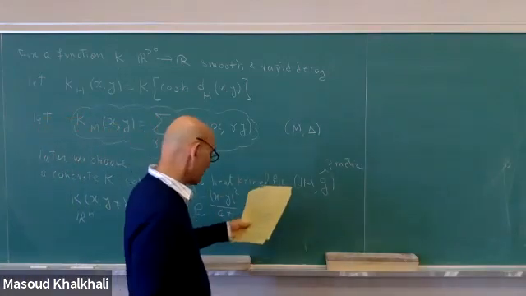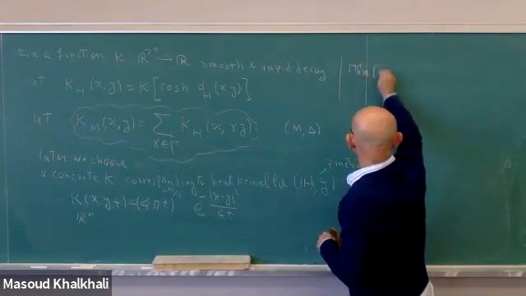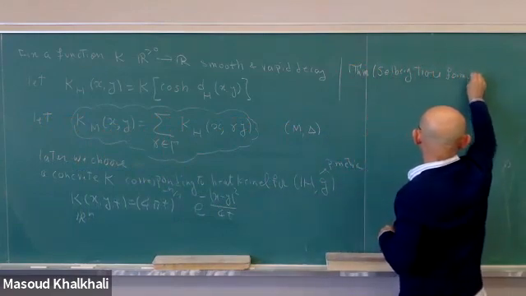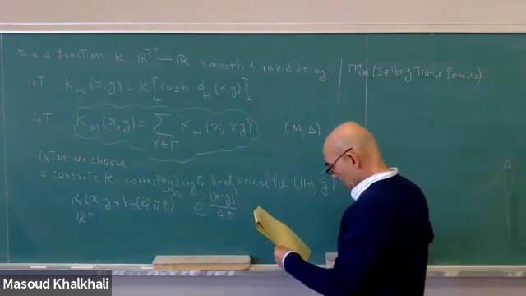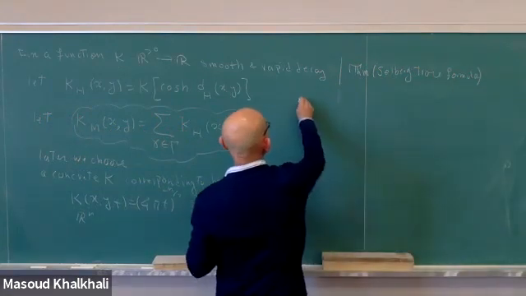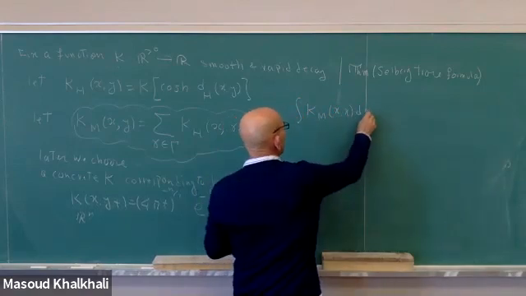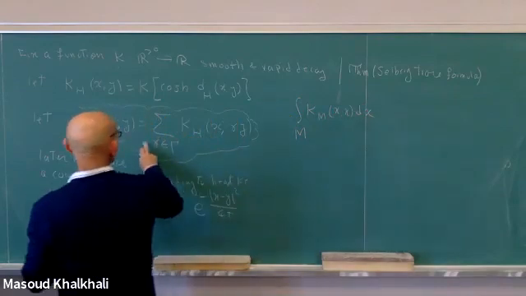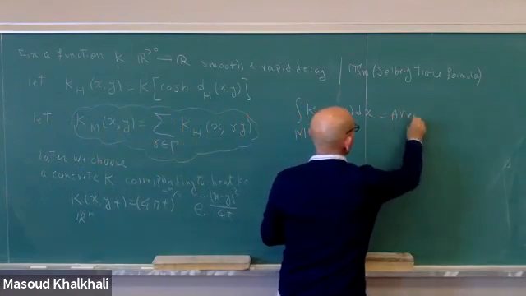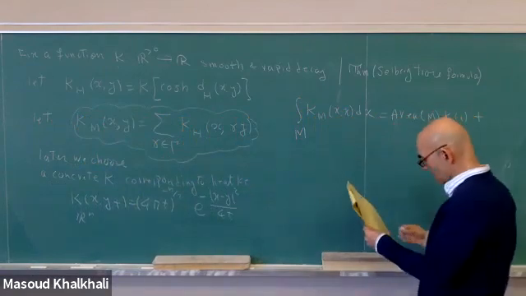So now this Selberg trace formula is the following result. The result is that the integral of K_M(x,x) dx over M, remember K_M is this guy, is equal to the area of M times the value of k at 1, plus